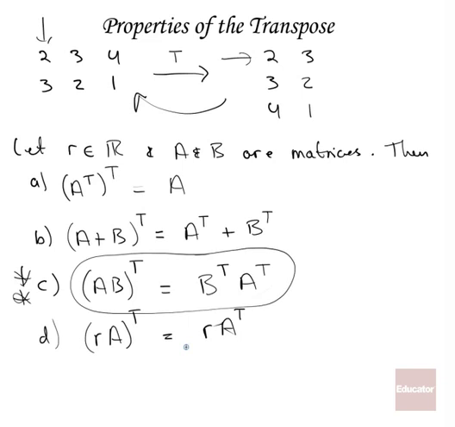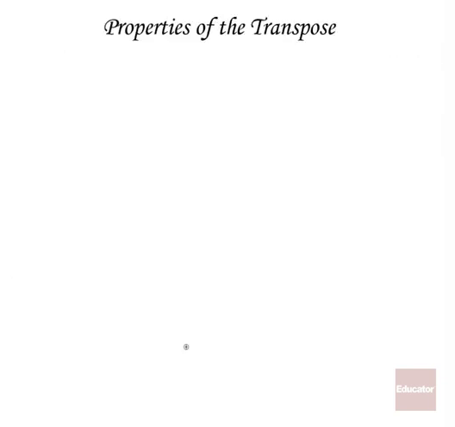Okay, let's do a couple of examples. Let's take a matrix A, and we'll set it equal to 1, 3, 2, 2, negative 1, 3. And again, forgive me for not putting the brackets around it. And I have a matrix B, which is 0, 1, 2, 2, 3, negative 1. Okay, now we want to ask ourselves,